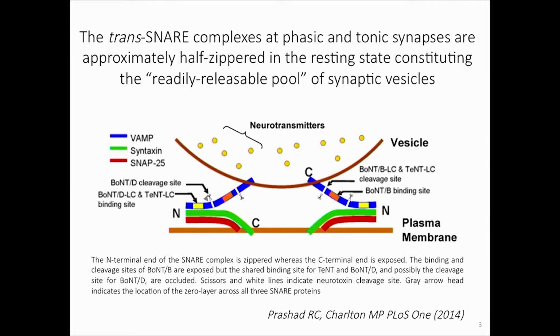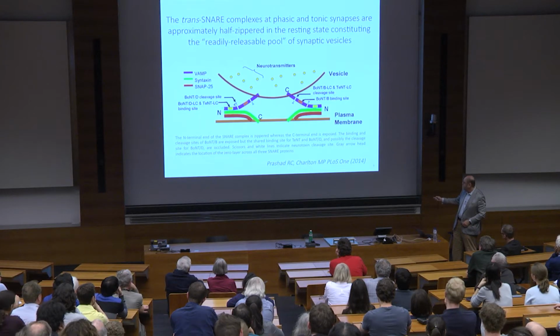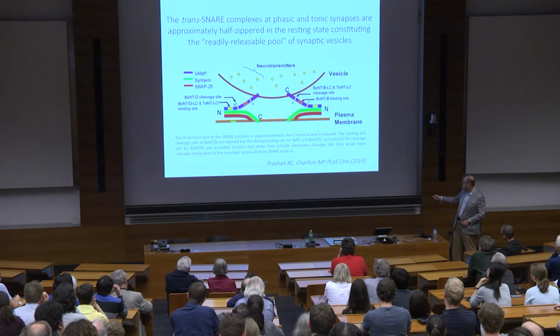And what we know is that they exist in the SNARE pin state. They're already half zippered. Okay, do you remember yesterday we used the optical tweezer to toggle up and down the SNARE complex? As far as we can tell from the work of Milton Charlton and his colleagues in Toronto, and also work from a number of other laboratories using other approaches, the SNARE complex in the readily releasable pool is already half zippered between this being the V-SNARE and this being the T-SNARE, VAMP, Syntaxin, and SNAP25, between the docked vesicle and the plasma membrane.